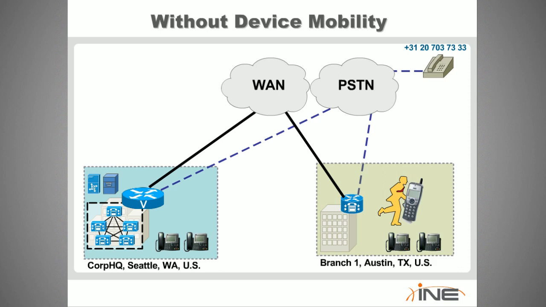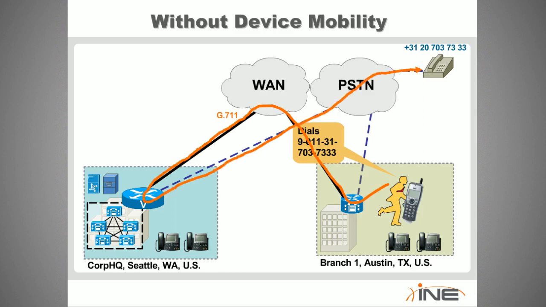So from his corporate headquarters site, in order to get to this PSTN phone that we see up at the top right here, +31, which is our branch 2 site in the Netherlands, and then 20, the city code of Amsterdam, and then 703-7333. This is a phone out on the PSTN. He's going to dial 9011-31-703-7333,